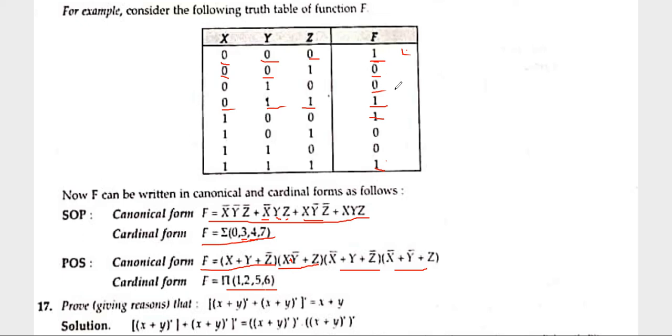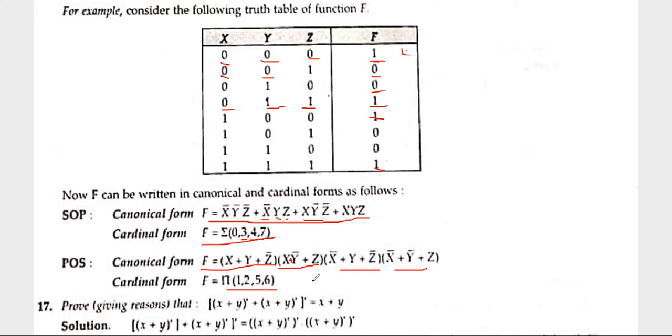1, and second 0 will be present at position 2. That's why we have written 1, 2, 5, 6. So if a truth table is drawn, there is no need to convert into the decimal number. But if a direct expression is given, then you are able to convert it directly into the cardinal form. It is a shorthand method. But if a truth table is given, then by using this number, start the counting from here,